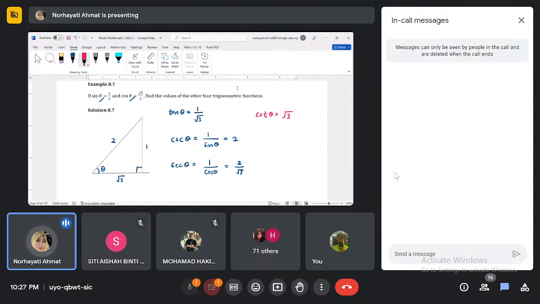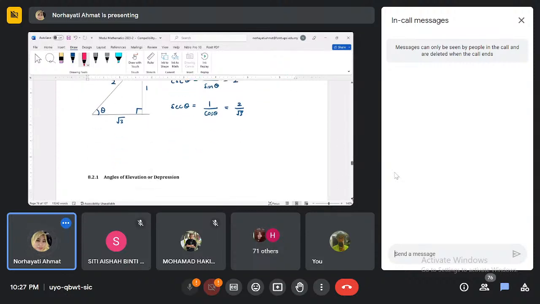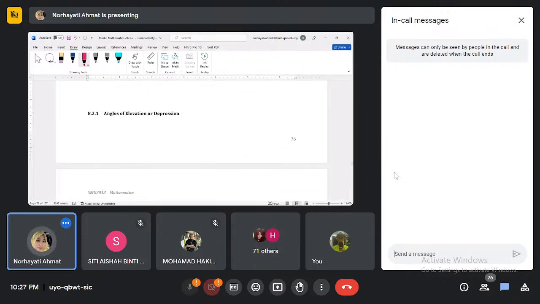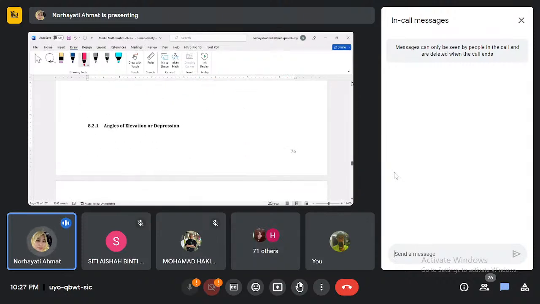Okay, so ini pun simple example. Just from information we need to transfer to a figure so that you know the position for each side and its length. Okay, so baru you mendapatkan function yang lain lah. Okay, now move to section